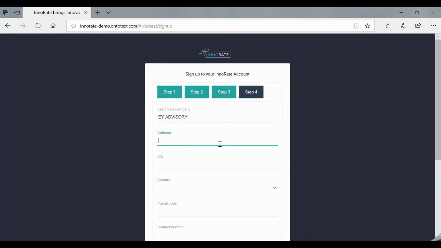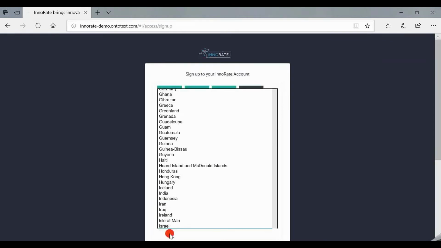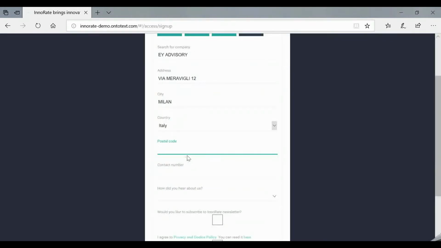Therefore, we can add the company name and then we add the company address. The city, the country, the postal code, a contact number,